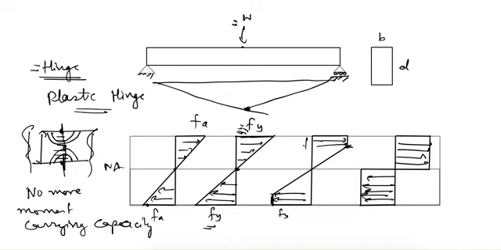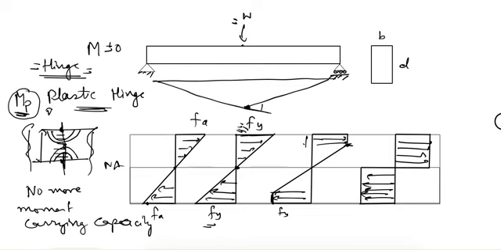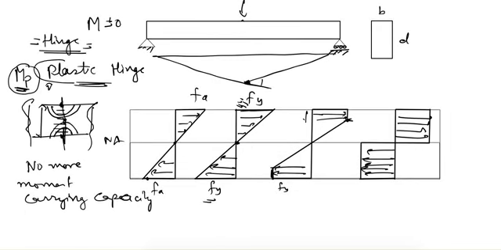What is the difference between the actual hinge and the plastic hinge? An actual hinge cannot take any load. M is equal to 0 for an actual hinge, and a plastic hinge can take moment up to this plastic point, that is, when all the material has yielded. It can carry the moment up to that. But if we increase the moment even a little further, after that it will rotate. So this is the difference. What is the capacity of our material just when this plastic hinge is forming? That's what we are interested in finding out. That's what we denote as MP, the plastic moment capacity.